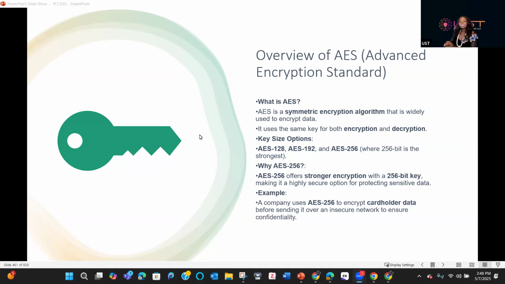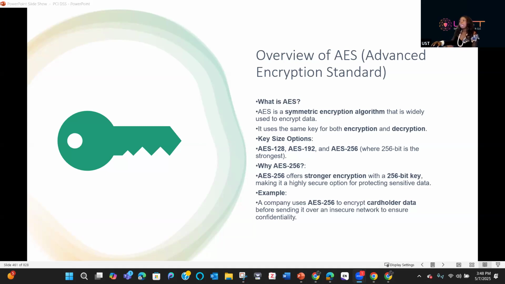And you can see the different options. You have AES 128 bytes. That's how long the random characters that will be generated are. And that's why it says that 256 is the strongest, right? AES 256 offers stronger encryption with a 256 byte key, making it a highly secure option for protecting sensitive data. For example, a company uses AES 256 to encrypt cardholder data before sending it over an insecure network